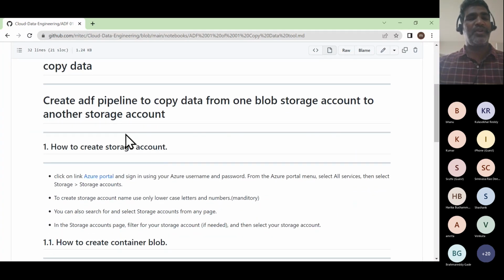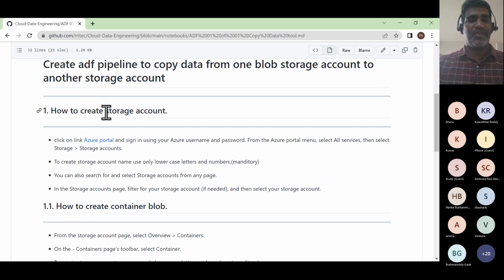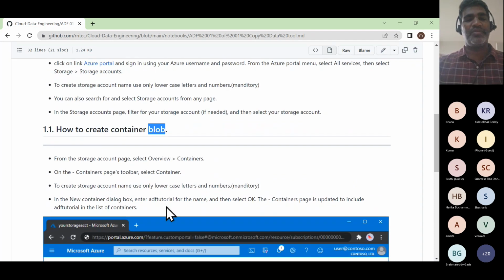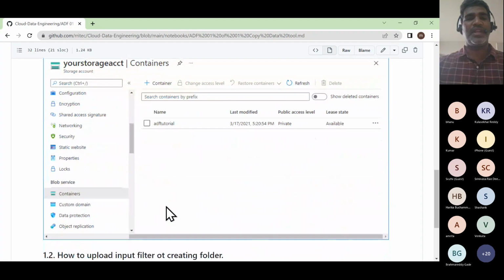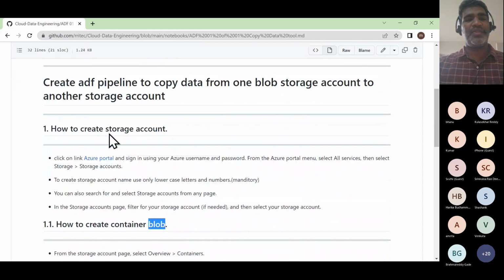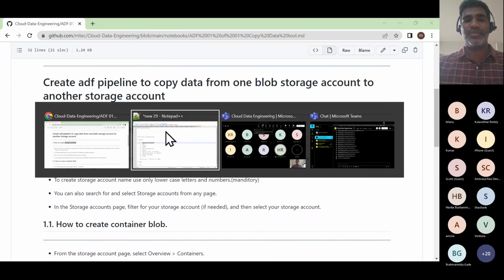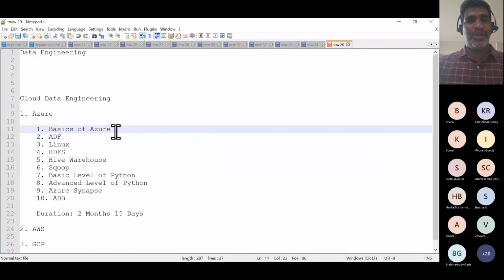Before that, we have something called a storage account. What is a storage account? Then what is blob? Then we need to go for the remaining things, right? So the first topic here is the storage account. Now tell me something,